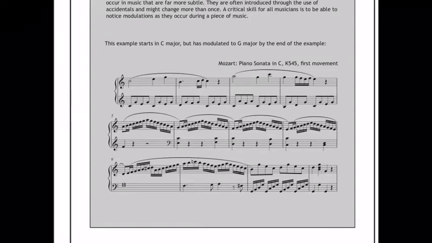Now just to give you an idea, here's C. Turn the volume up a little bit. That should sound very nice and natural and home base, like it's done. If I were to play a G chord, that probably doesn't sound very stable because I've oriented your ears to C. But if I improvise something and start using F sharps,